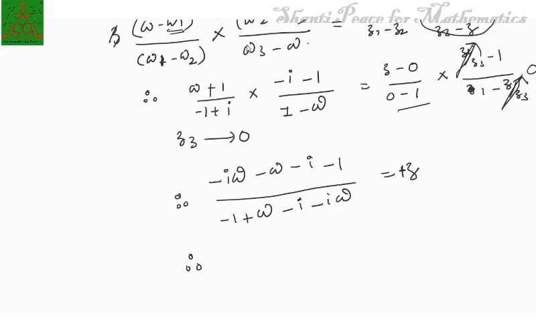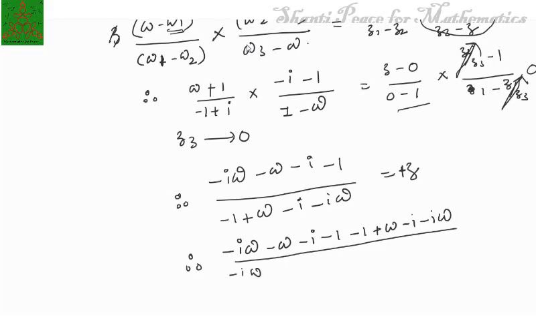And again using this dividendo componendo rule, because I want the expression in terms of w equal to, so the w equal to, if you want to calculate using the dividendo componendo rule, this is minus 1 plus w minus i minus iw upon minus iw minus w minus i minus 1 minus minus plus 1 minus w plus i plus iw. Here you have to take this z upon 1, so it is z plus 1 upon z minus 1.